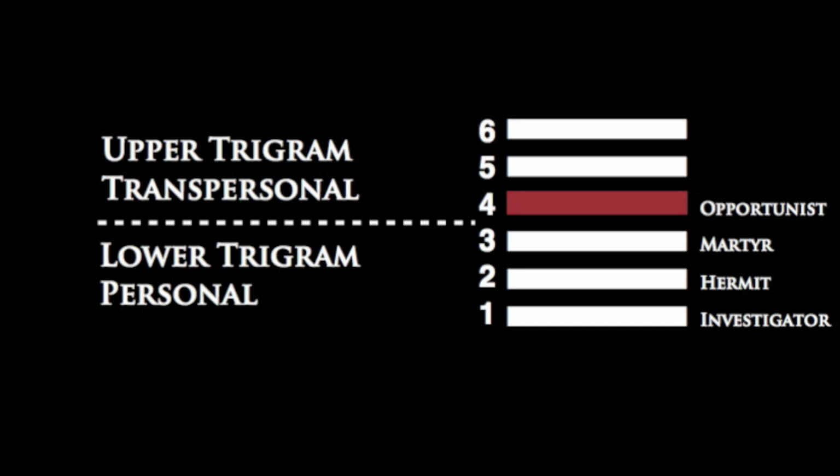It's funny the way Rod described the fourth line, and especially the 4-6 profile. He's like, it's funny with these people because they're so friendly, they're so warm, people like to be around them, but it's a paradox because since they're so close to the lower trigram, they still carry elements of it. It's as if they're saying, come, come, come, but please leave me alone. Come, come, come, but please just give me my space. Come, come, I love everyone, but just don't get on me too much. It's that kind of thing. And that is a funny thing with the fourth line.